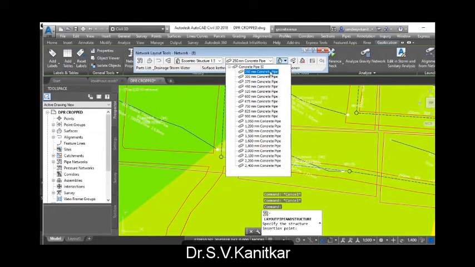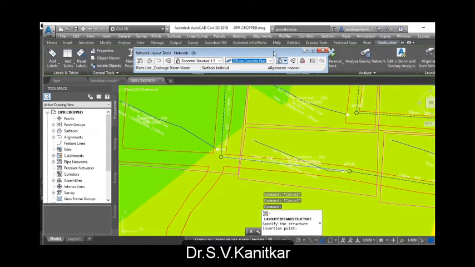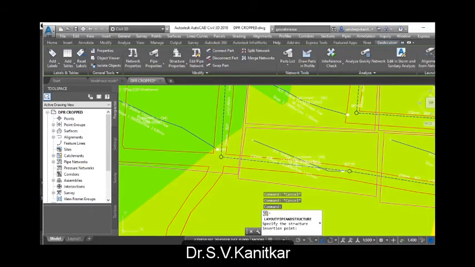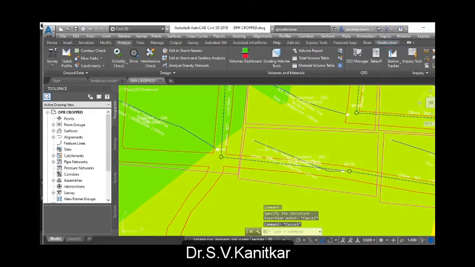In design you will design accordingly, but here, just for the sake of alignment, you can select any one of the options and also decide the arrow, that means how the pipe is going to be aligned and at what slope. Likewise these pipes are drawn. Similarly, rules can be applied as to depth of excavation, cover, and so on.